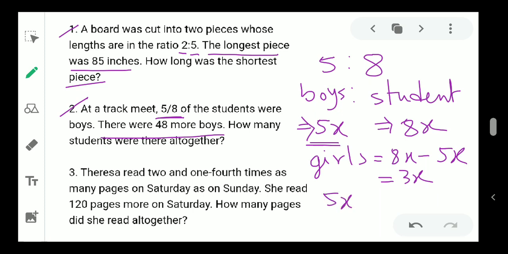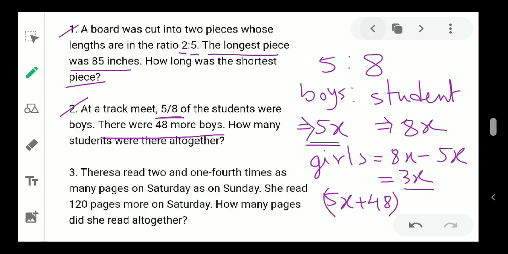So 5x plus 48 will be the boys, and the girls will be 3x only. Now the question is how many students were there altogether. So what was the number of boys? 5x plus